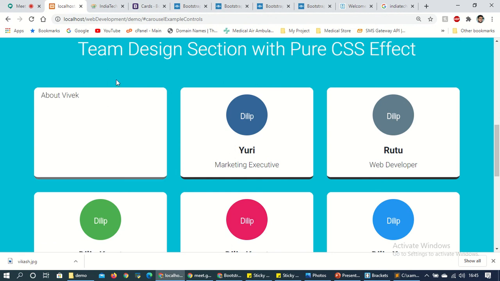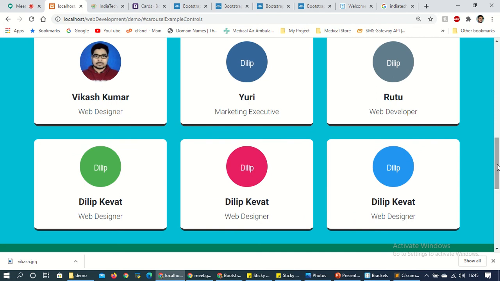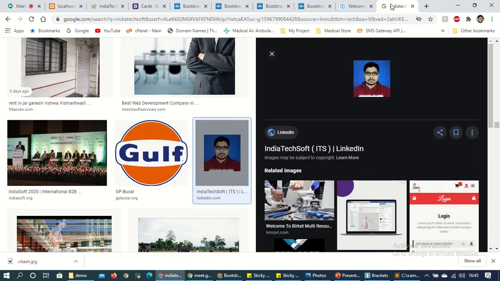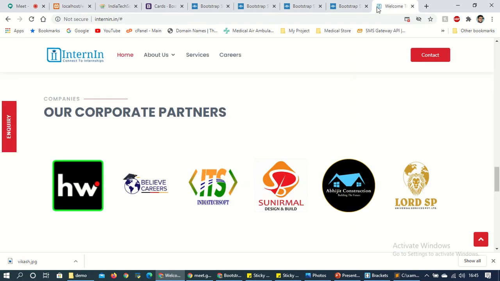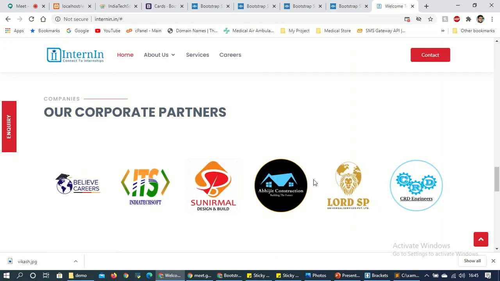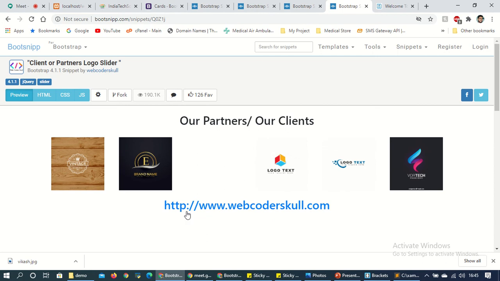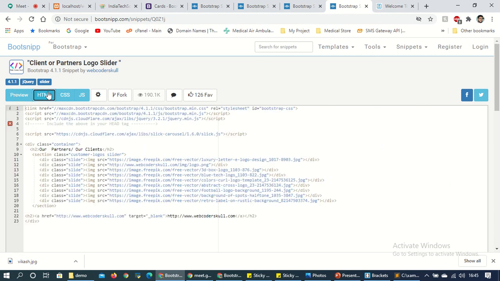So here, see, Vikas. So like this you can change it. What we have done is we haven't created this design; it's already there, I've just copied the design and replaced the name. So like this you can do. Now let's see one more example based on JavaScript. So I want to create something like this. So here, I'll go to the HTML and just copy this part.